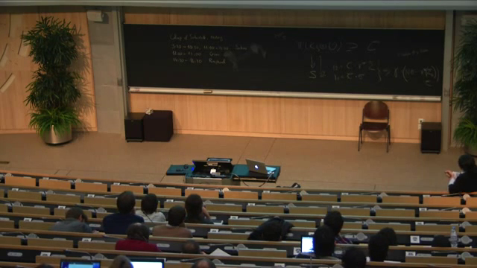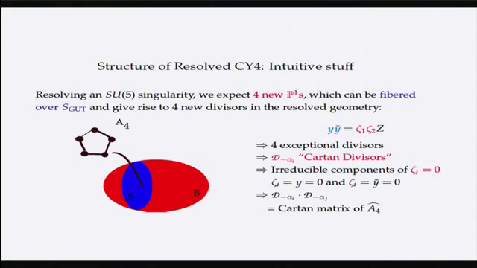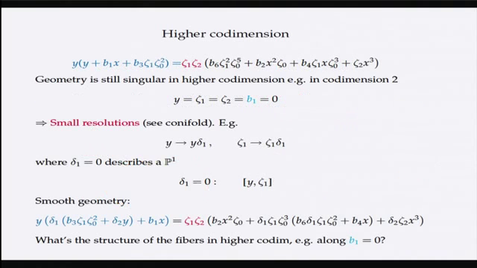So here we really construct it now. We resolved the geometry. It's now smooth, at least from the point of view of looking at codimension 1. Now let's look at higher codimension. So we said the base is three-dimensional, so we can look at coordinate z equals 0, but also another coordinate vanishing on the base. So for example, if I look at z equals 0, but also b1 is equal to 0,